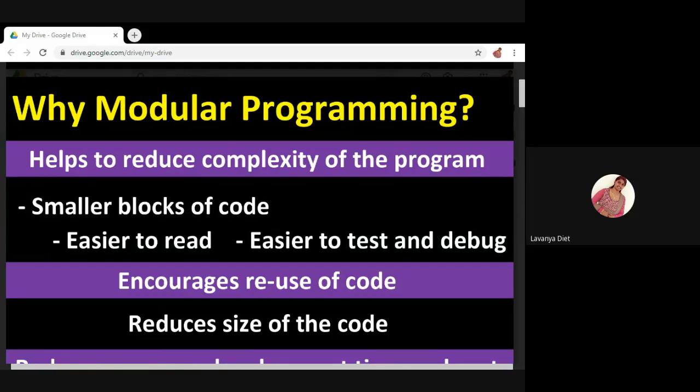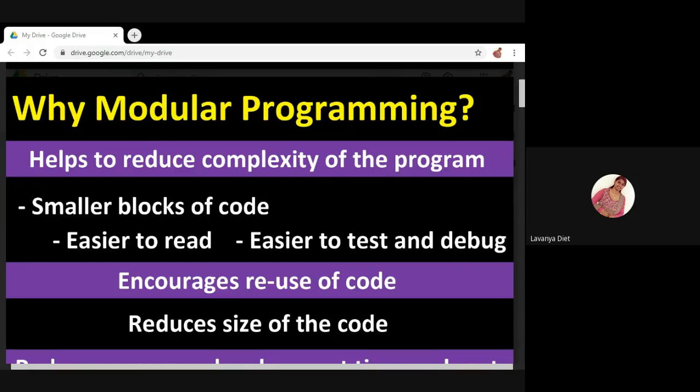So if you write the program in subroutines, also called functions, each containing some piece of code, it will be very easy to read, so the complexity of the program will be decreased.